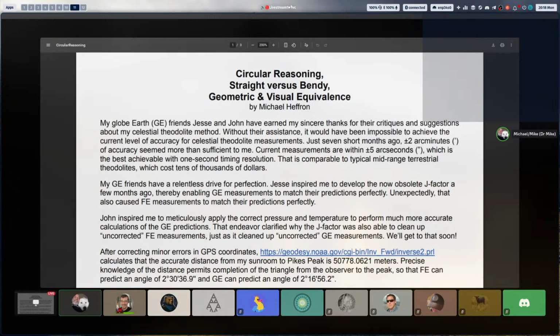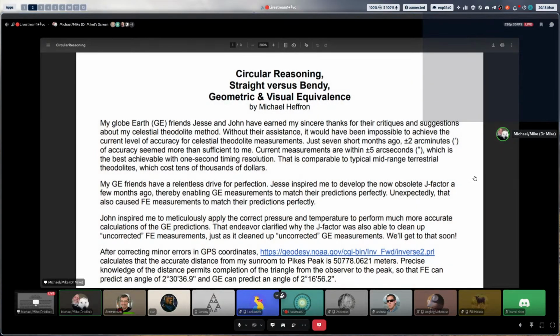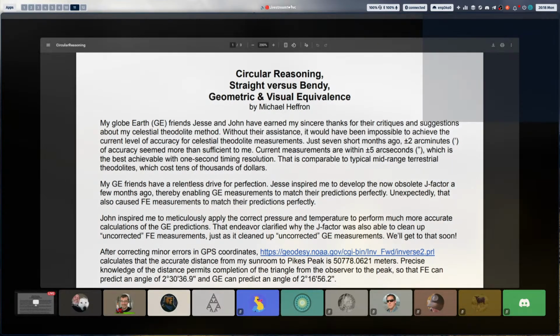And the precise knowledge of that distance allows us to complete the triangle from the observer to the peak. And that lets flat Earth advocates predict an angle of 2 degrees, 30 arc minutes, 36.9 arc seconds, 16 arc minutes, and 56.2 arc seconds. So now we have precise distance, precise angles to the peak. And using those very accurate angles,